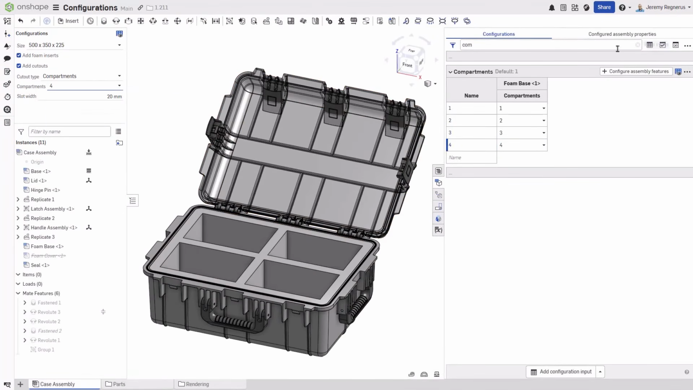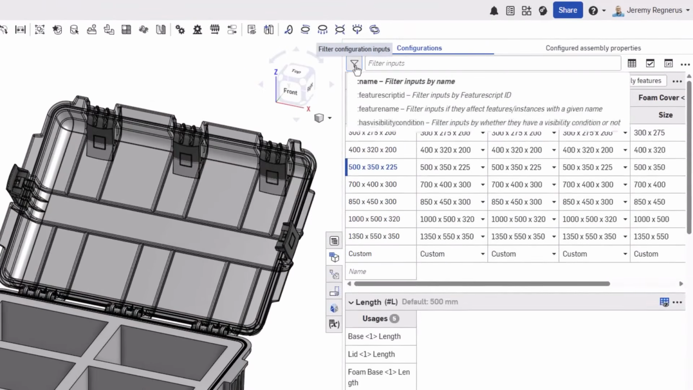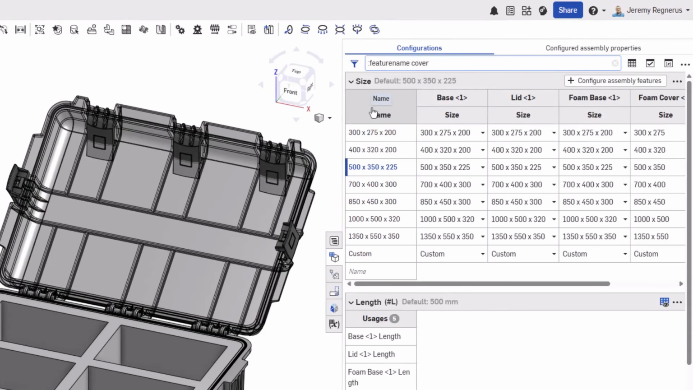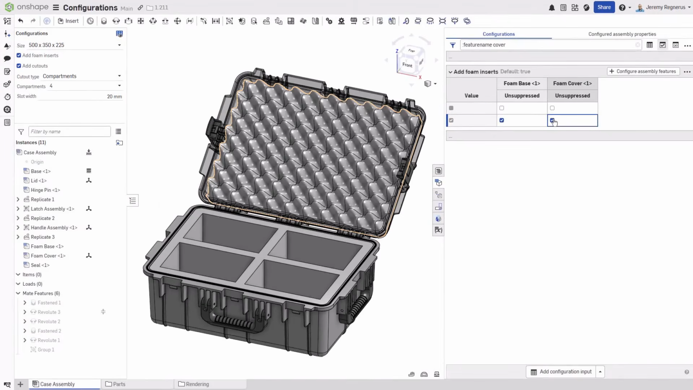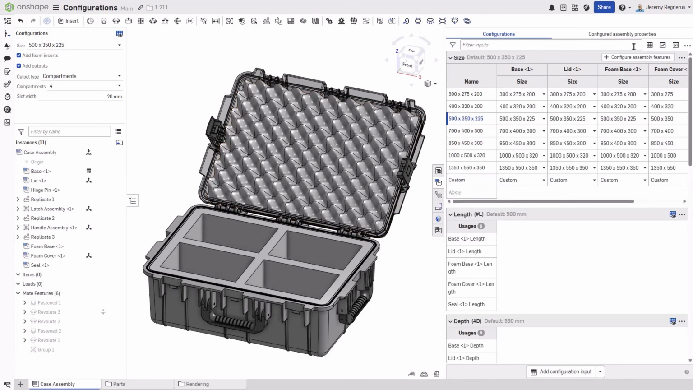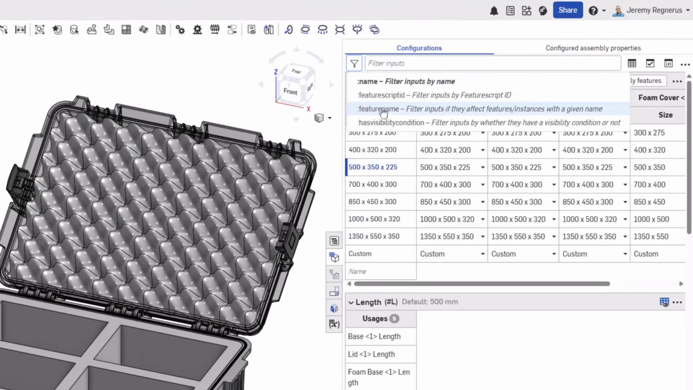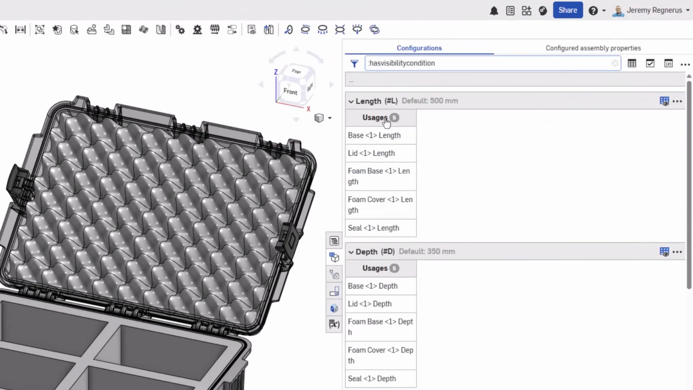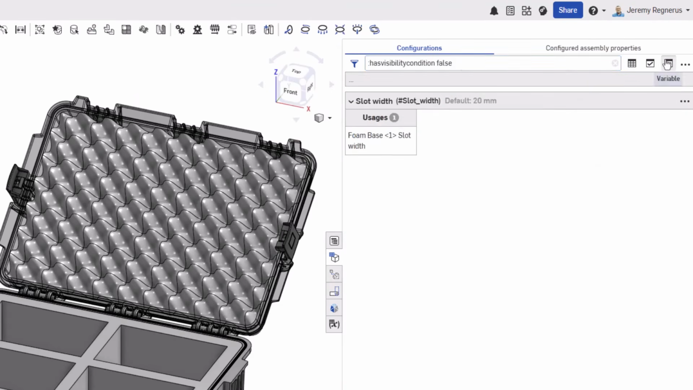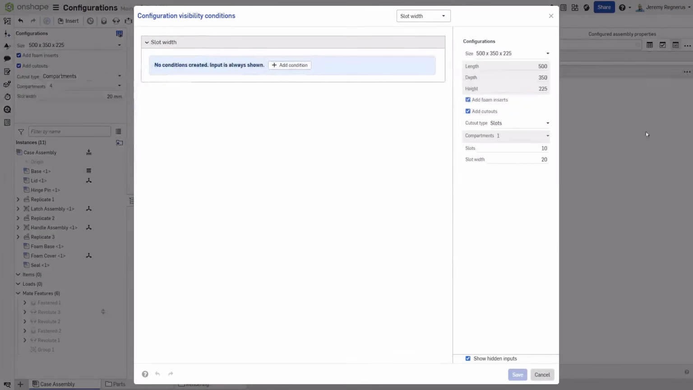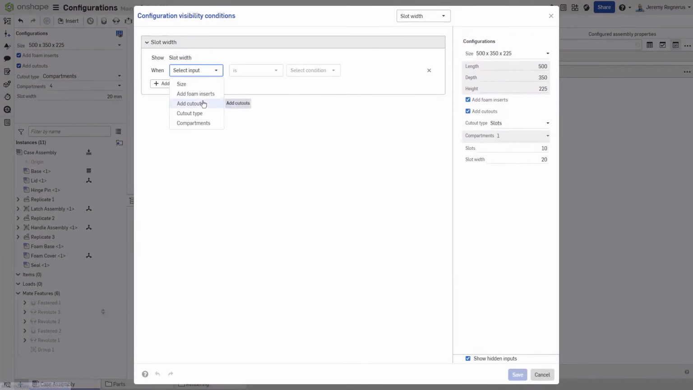You can also use the text box to filter using conditions like feature name, for example, cover. You can then further refine this search using the previously mentioned input type filters, in this case checkboxes. This makes it easy to find the configuration setting to modify. Likewise, you can use these filters to focus on inputs that have visibility conditions. Specifying false will show only those inputs that do not have a visibility condition defined, simplifying the process of finding